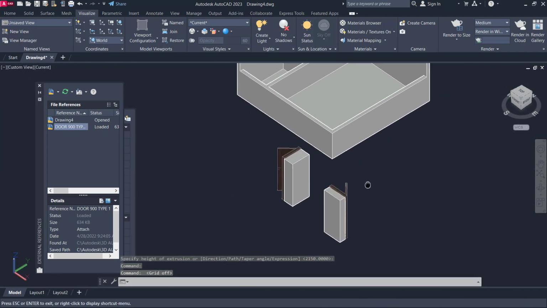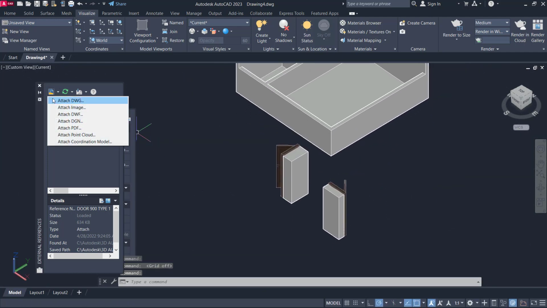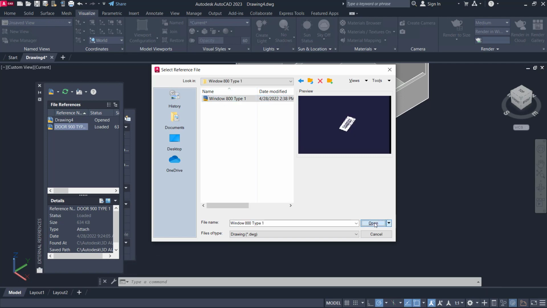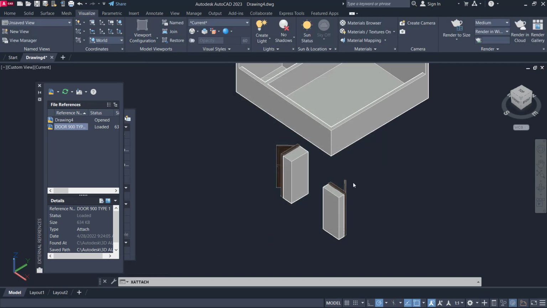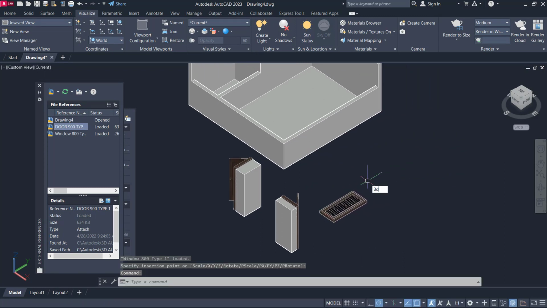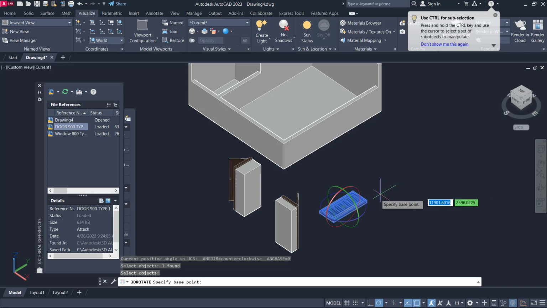Okay. For window, we insert again with Xref tools. I will use this 3D model, open, OK, and attach at this point. Use 3D rotate to rotate these objects.